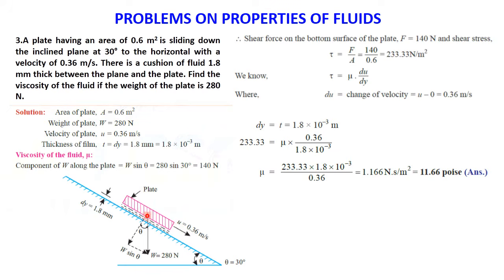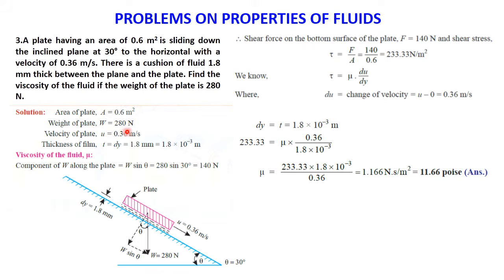Now see, when the plate is moving in the downward direction, the actual weight of that plate will still be in the vertically downward direction, because we know that the weight always acts downward, as the gravitational force is acting on it vertically downward. Now, as it is going downward, first we have to find the component of the weight which will be along the plate. The plate angle is 30 degree, so the line which we have drawn, W sin theta, is the component relative to the vertical line. So while calculating, we are going to take this W sin theta.